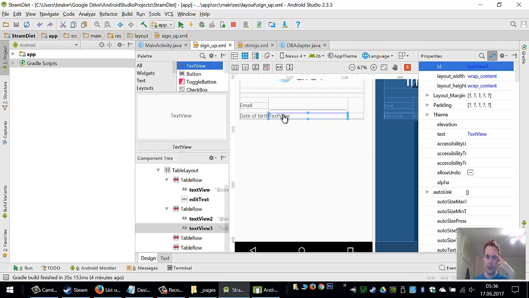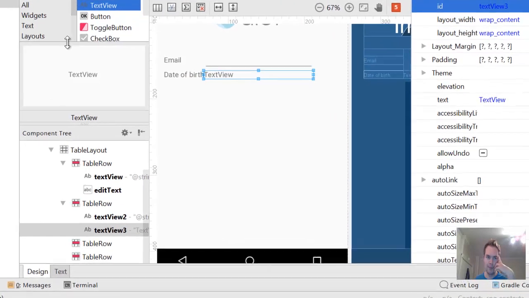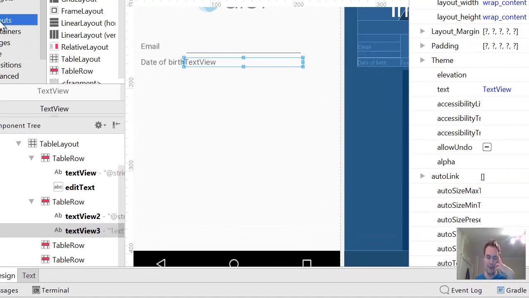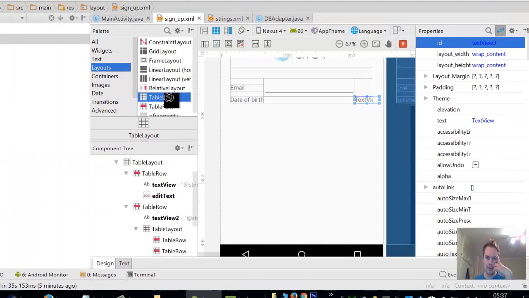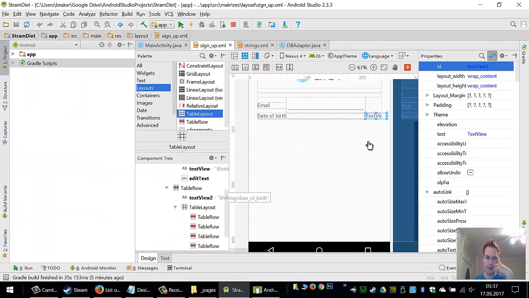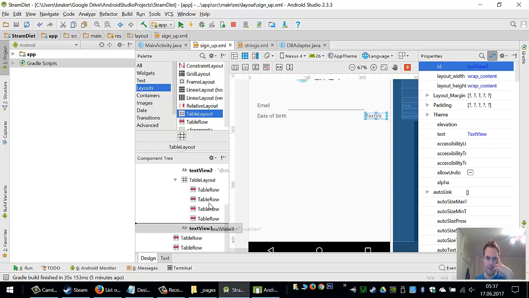I don't know if this works, so I will just try. Yeah, it works. So here I want the text view to be up here. And the text name